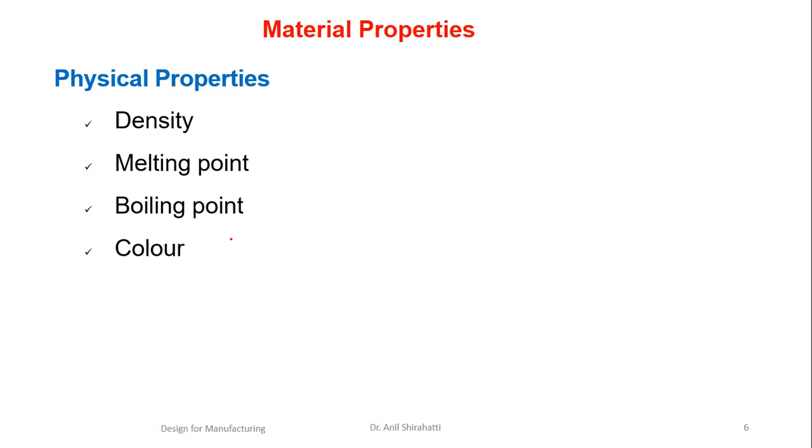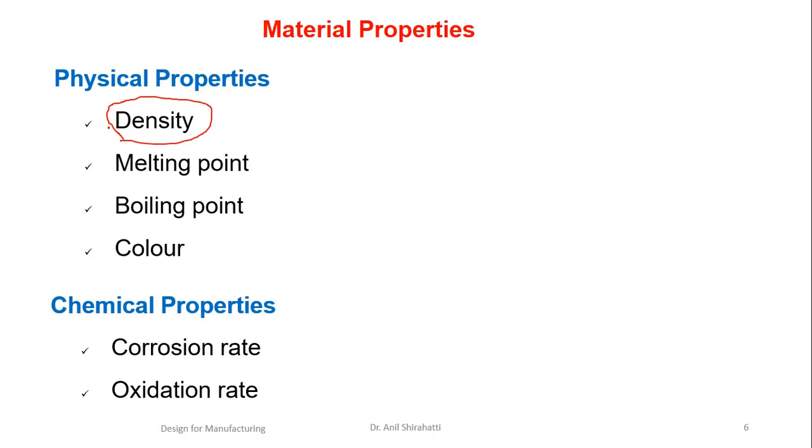Also, whenever we are designing with any material, the material properties play an important role. As a designer, we should have a clear idea about the properties of the material we are choosing to make that component or assembly. So what parameters or properties will we check? There are the physical properties, for example density, melting point, boiling point, color. Now if weight is a main concern, then density plays an important role while selecting the material. Suppose the load is not much, but we want a material with less weight, so definitely I may go for aluminium instead of mild steel.